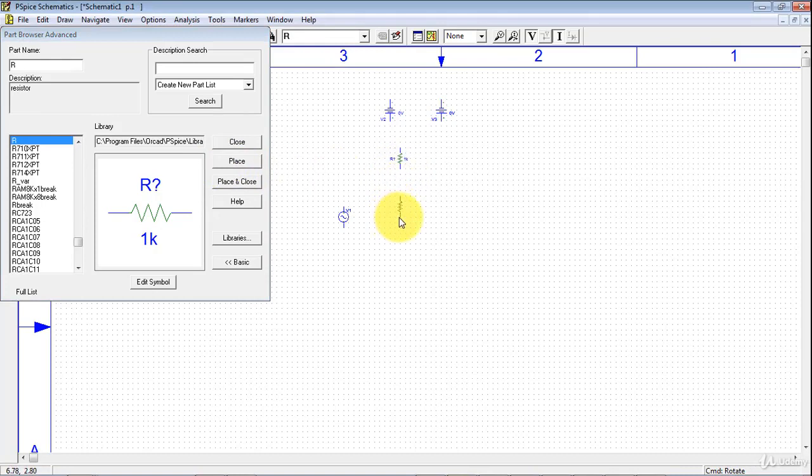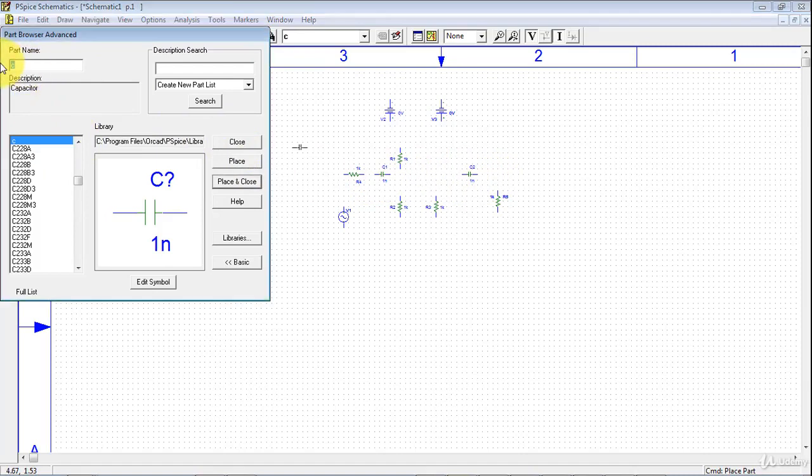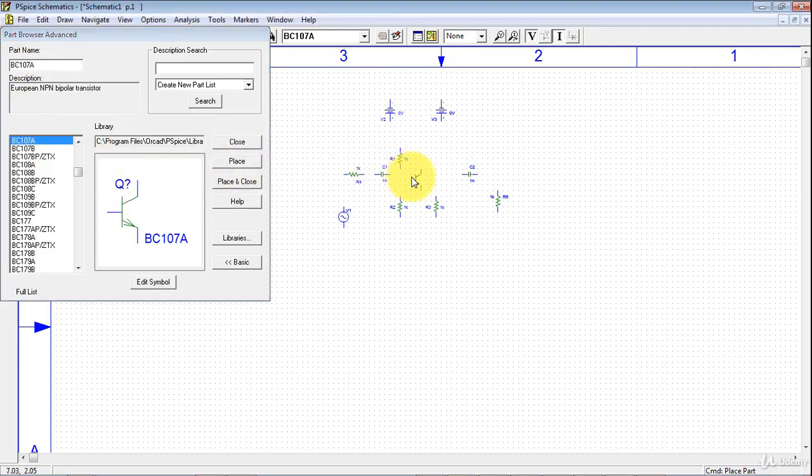1, 2, 3, 4, and 5. I Control R rotate it. I type C and I select two capacitors, first capacitor and second. Then Q, BC107, it's an NPN transistor, place,